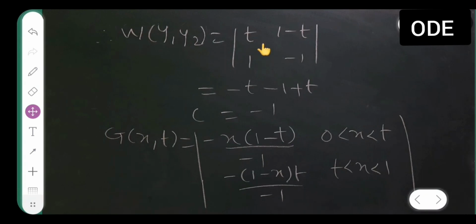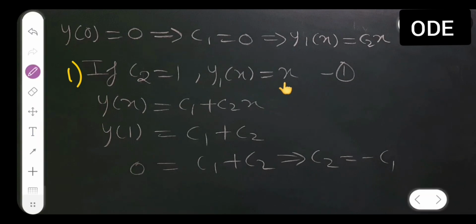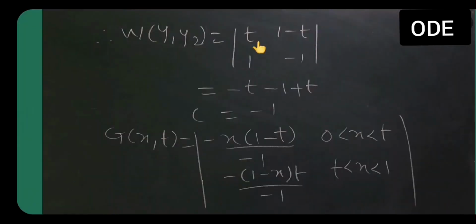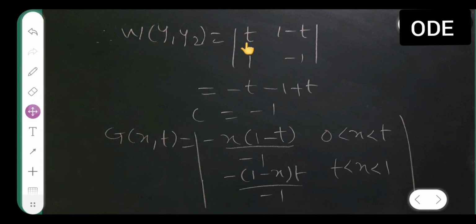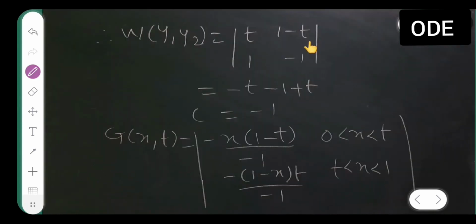Now let us do that. What is my y1 of t? Here it is, y1 of x is equal to x. So in terms of t, y1 of t would be t, right? So this is nothing but y1 of t, and this is my y2 of t. What did I get y2 of t to be? If this is y2 of t, it would be 1 minus t, right? That's what I have plugged in here. And what is the derivative of t? It is nothing but 1. What is the derivative of this? Minus 1. Okay, this is 0 minus 1, so it is minus 1.